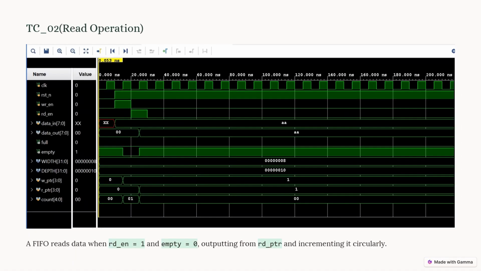Now we are verifying the read operation test case. Here, first of all, data is written in the FIFO. So first of all, the write enable signal is set high, and in the next positive edge of the clock, data is written in the FIFO. Now here, read enable signal is high, and in the next positive edge of the clock, data is read out